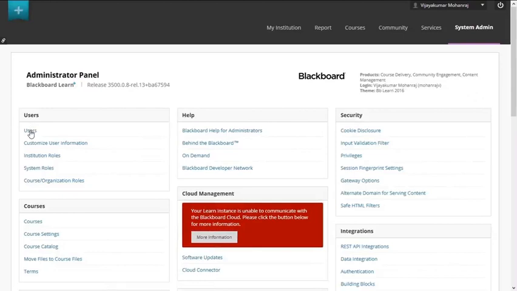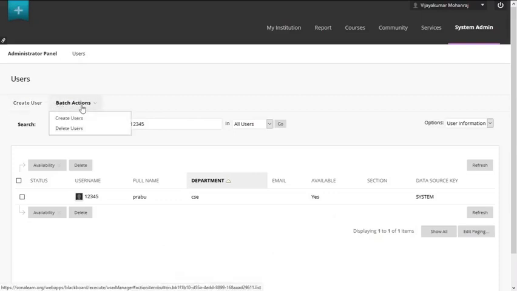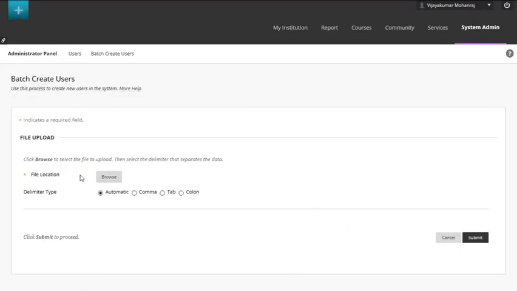Again go to the users, then go to batch action. Before, if you want to create user one by one, we use the option create user. If you want to create users using Excel file in bulk, go to the batch action and then click create users. It will take to a new window.